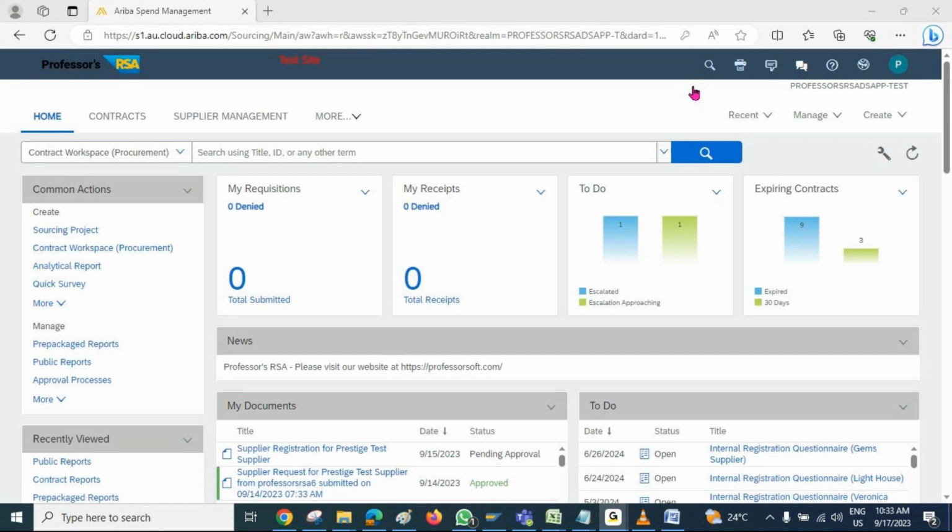But before that, let's talk about some basics of Ariba, even though some of you are already aware. In many demo sessions, I've seen that many people joining are already working in Ariba in some specific module, but they would like to learn other modules as well. So let's first talk about SAP Ariba.